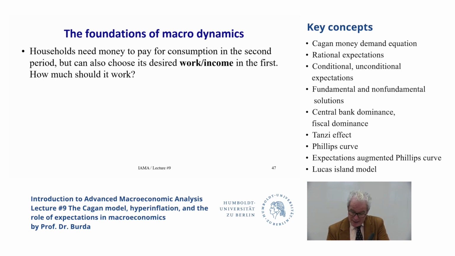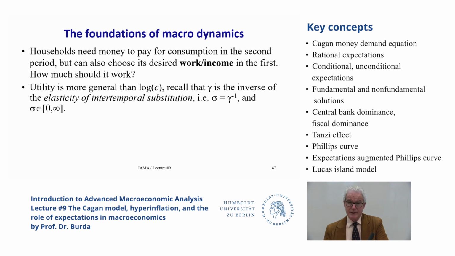So households need to work. How much should they work? Well, utility is more general than the log, so we're not going to have the logarithmic magic. Remember, the logarithmic function has the property, when it defines utility over consumption, that the proportions of your budget spent on various elements are constant. That turns out to be a very robust and problematic feature, because we notice that budget shares are not constant, so utility is probably not logarithmic. But in any case, this is going to give us a bit of response,